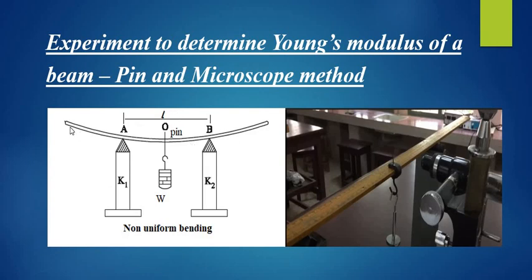The breadth of the beam is measured using a vernier caliper, and the thickness of the beam is measured using a screw gauge. From the values L, B, D,